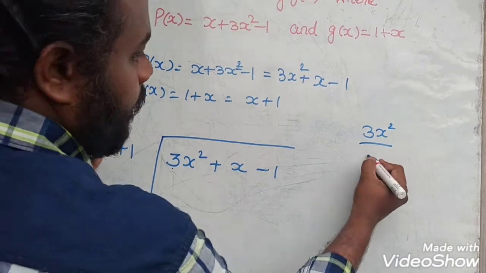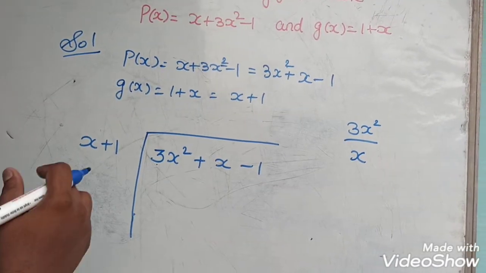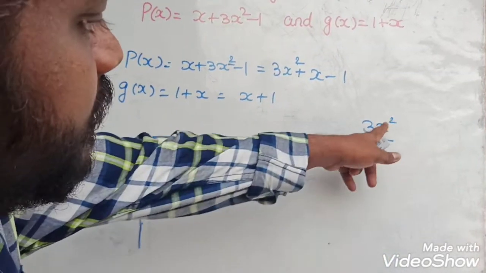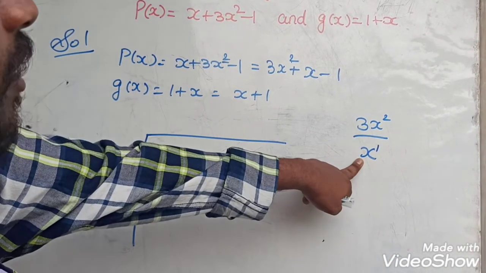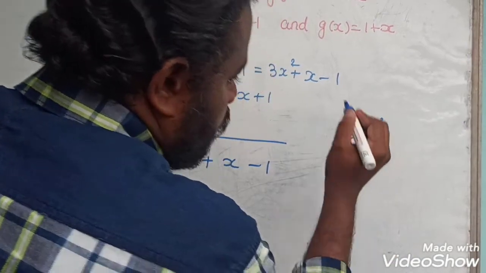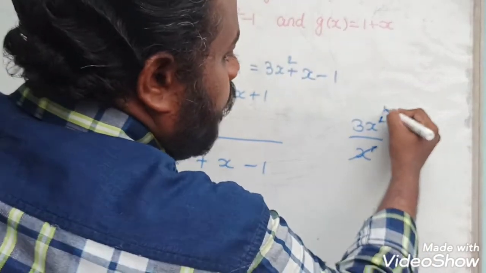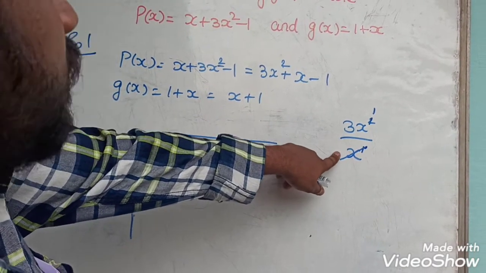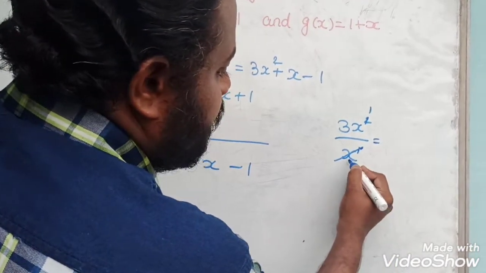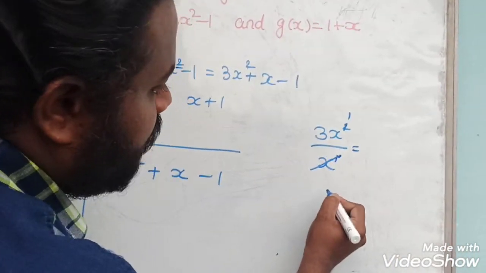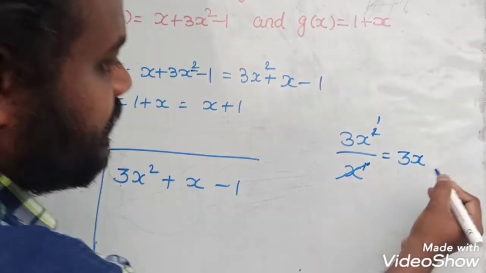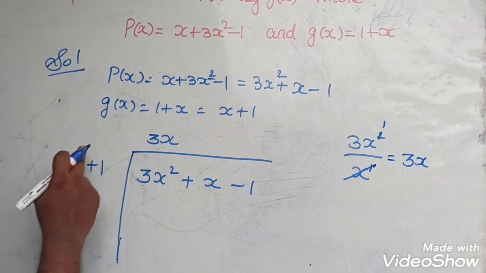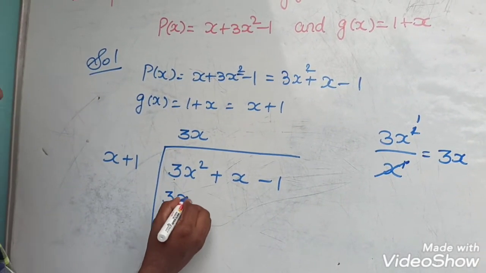3x square can be divided by x. Just recall from 8th standard, exponents and power. Here the power is 1, here the power is 2. So which is smaller? This one is smaller, so it will cancel totally. Here the remaining is 1. We can't simplify the 3 because there is no constant here. All the terms are cancelled, so the denominator is 1. So the remaining is 3x, and we have to multiply with it.